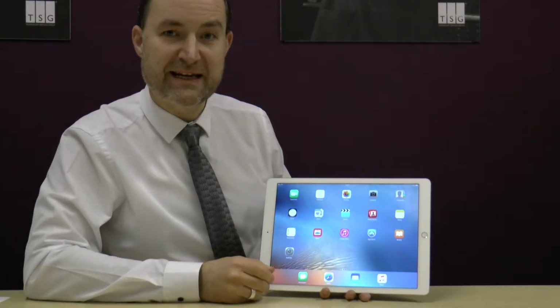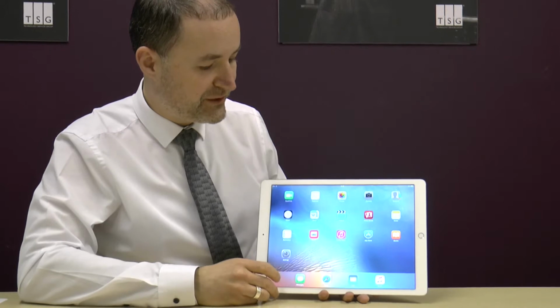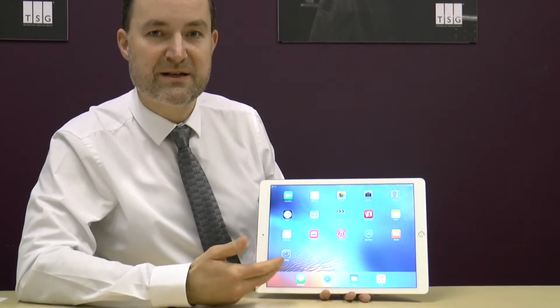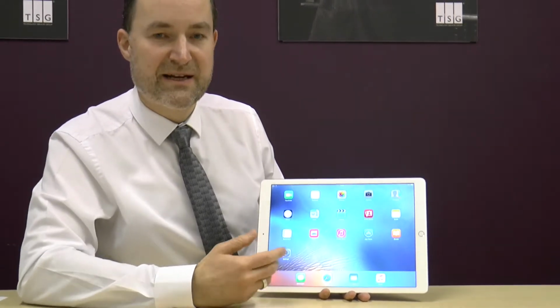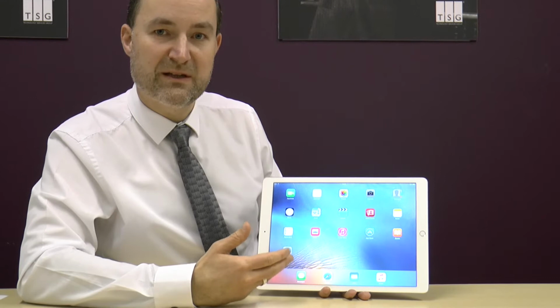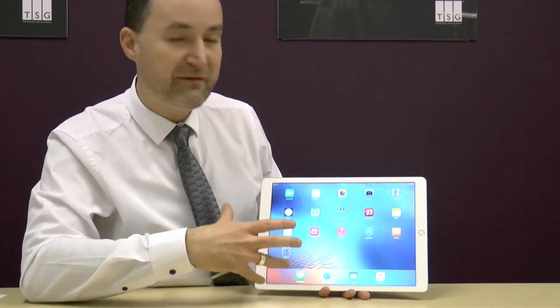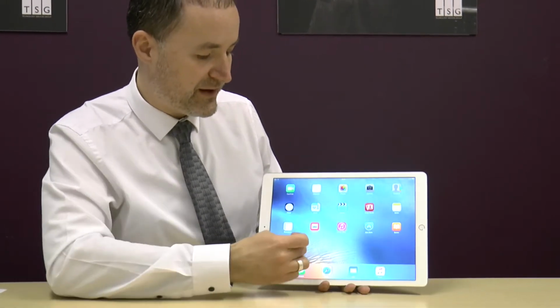So next thing we're going to take a look at is the interfaces on the two devices, and the first thing you'll notice from the iPad device, the iPad Pro, is that it looks exactly the same as the iPads have always looked. So you've got the familiar tile layout. It's quite a surprise to me that Apple haven't yet taken a step to update the iOS operating system and refresh that screen, because I think it really does need a refresh now, having seen many of the other devices